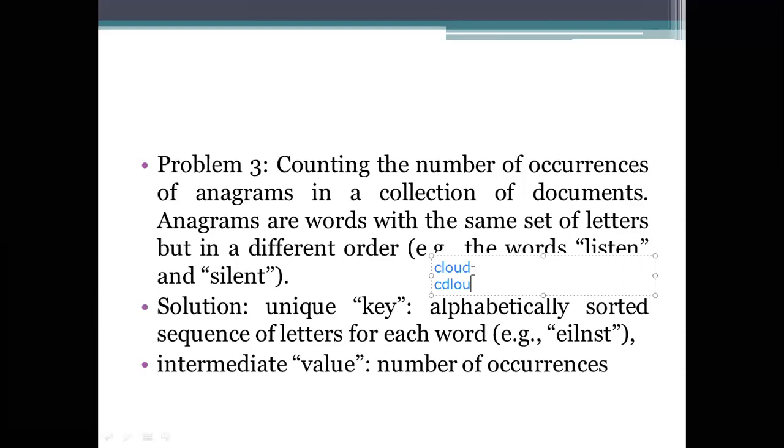We need to take a string and sort that string. We are not sorting the words or your document data. What we are doing is giving the input value here, which is the cloud. And in the next representation, we sort the string element, the letters that have been used in this one, and we compare with that one.